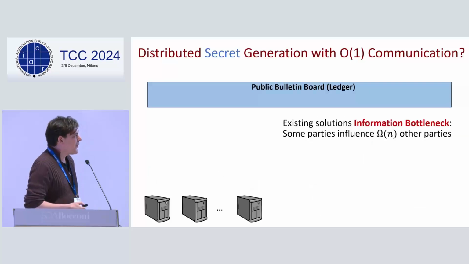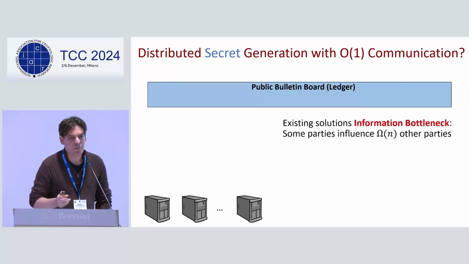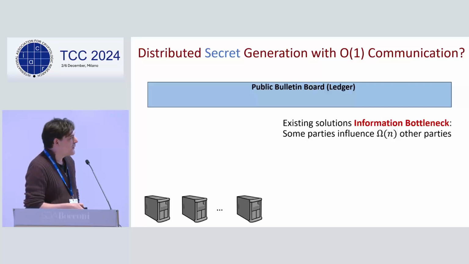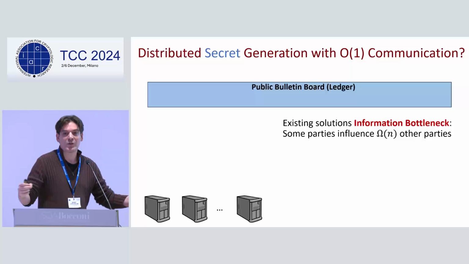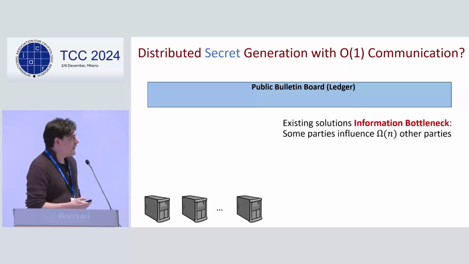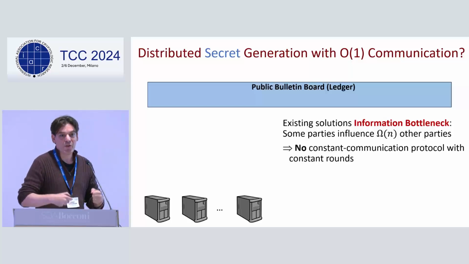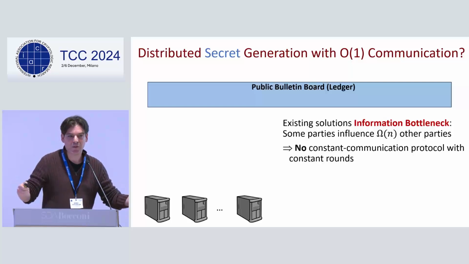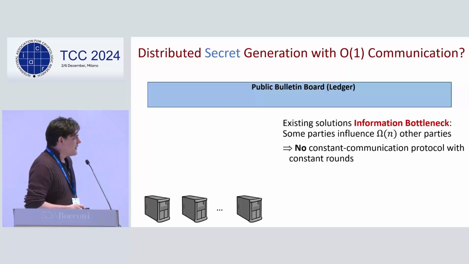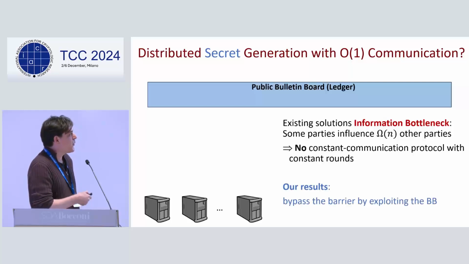So just to summarize, in all existing solutions, we have the following information bottleneck. At least some parties are going to influence a constant fraction of the other parties. And this means that if your protocol has a constant number of rounds, it cannot have constant communication, right? Because in a protocol with a constant number of rounds and constant communication, each party can influence only a constant number of parties. Okay. So in this talk, I'm going to show you how to bypass this lower bound by exploiting this